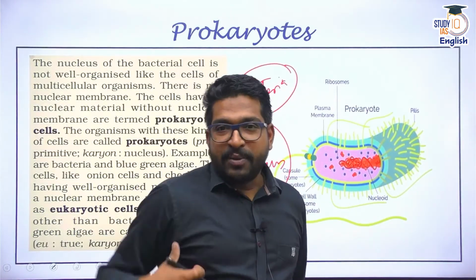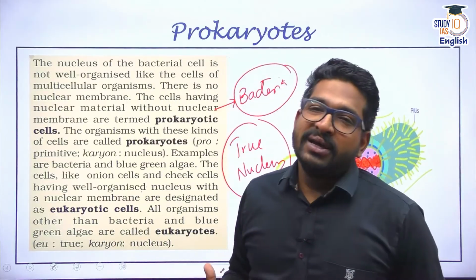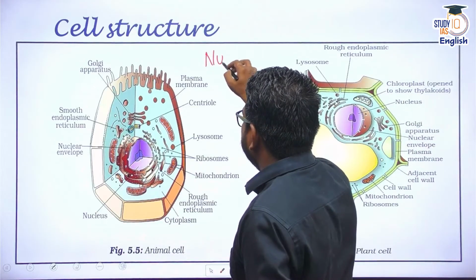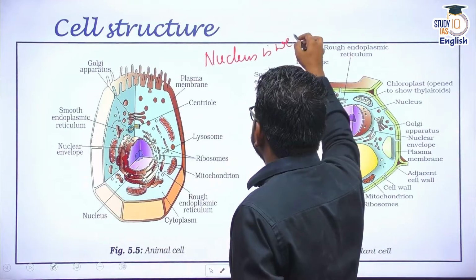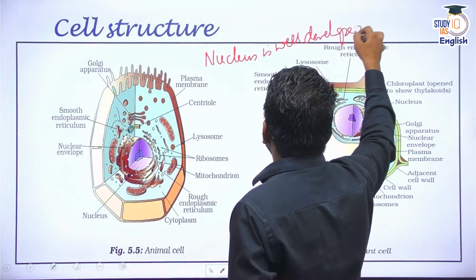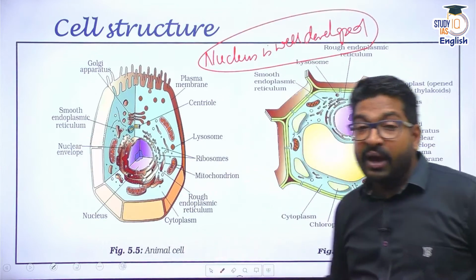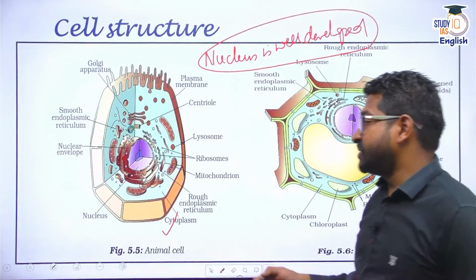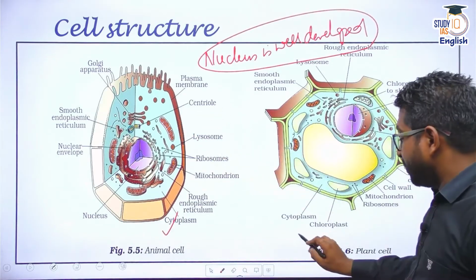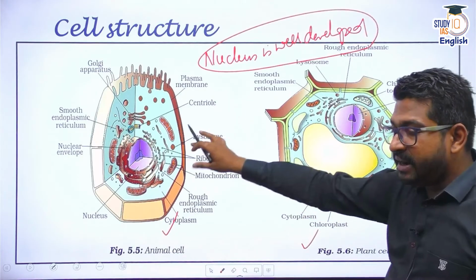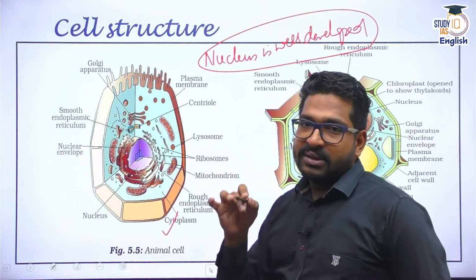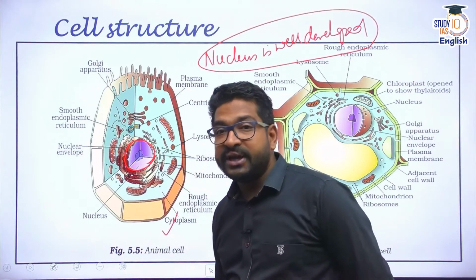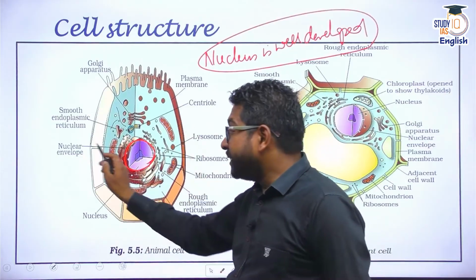But we are talking about the human body, right? In the human body, we find eukaryotic cells. A eukaryotic cell is one where the nucleus is well developed, and this nucleus is enclosed by a nuclear membrane. Very important point. When we talk about eukaryotic cells, we have animal cells, which have different kinds of structures and organelles. Plant cells again have organelles quite common with animal cells. Every eukaryotic cell has a nucleus which contains the nuclear information, but it is enclosed by a nuclear envelope. You can see this.